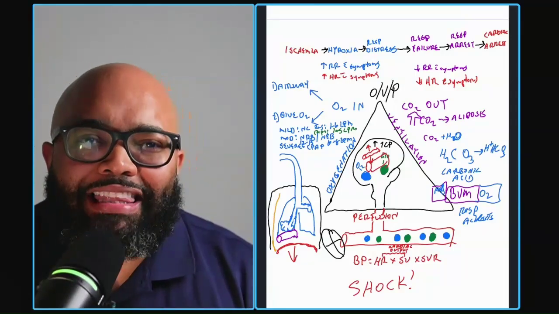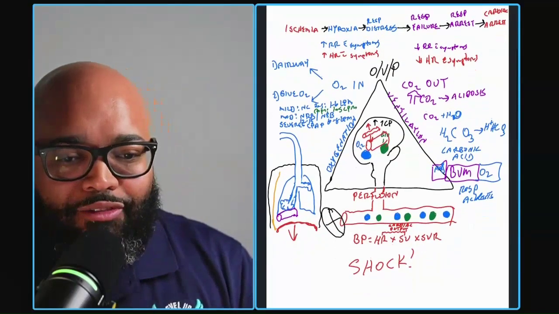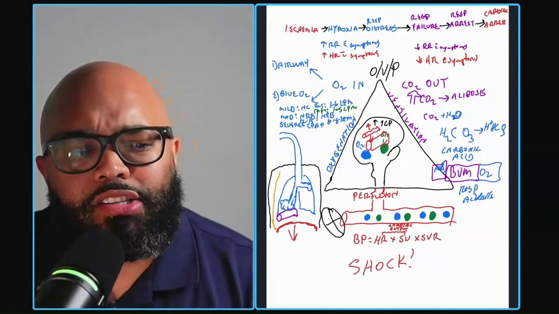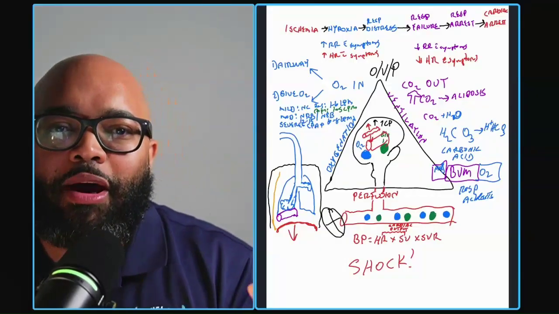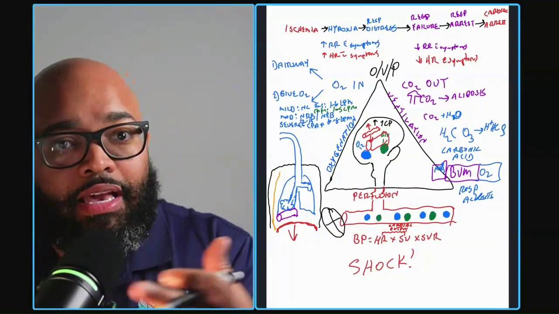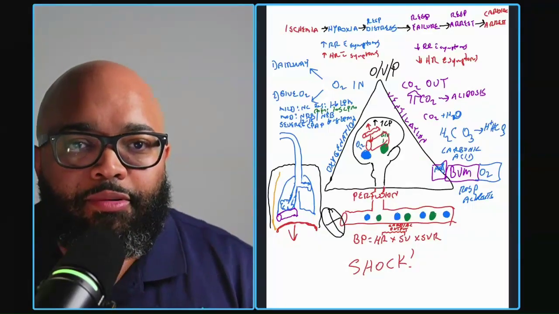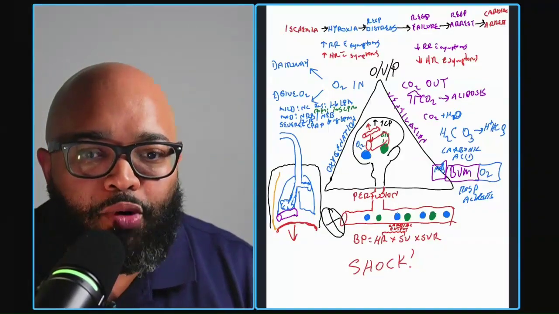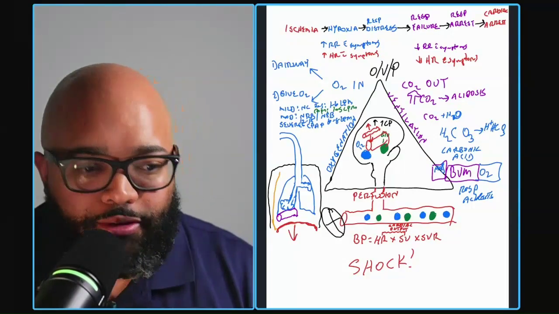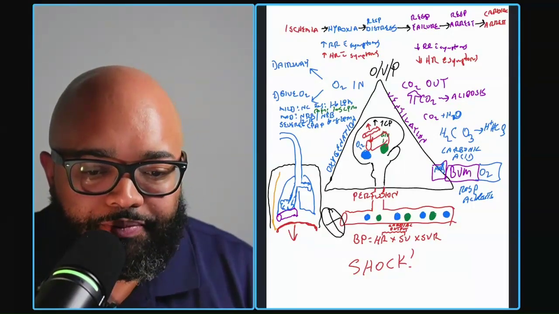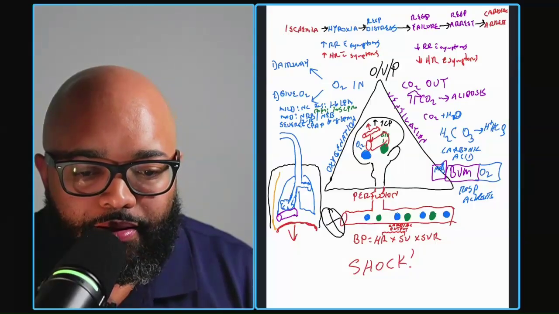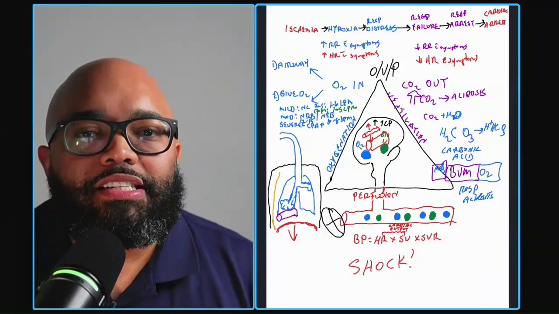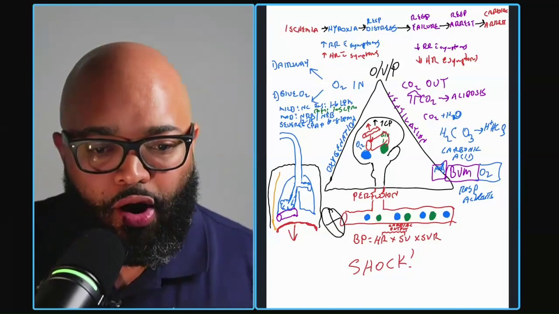Okay? Why would I later have hypotension? I need you to explain it from this one picture. Where does the low blood pressure come from? I'm not talking about they're losing all their blood. I'm just saying in shock period, regardless of the type of shock, it all can result in hypotension eventually. How? Or why? Somebody tell me. Okay, Taylor, no problem. Somebody tell me. Just come off mute. Take a stab at it. It's okay if you're wrong. That's why we're here. I would say something about maybe vasodilation causing a decrease in stroke volume.